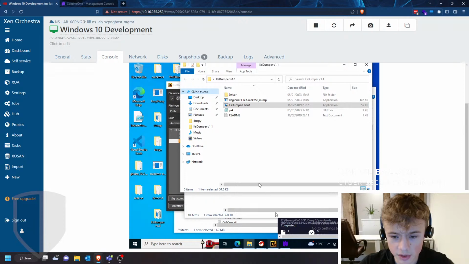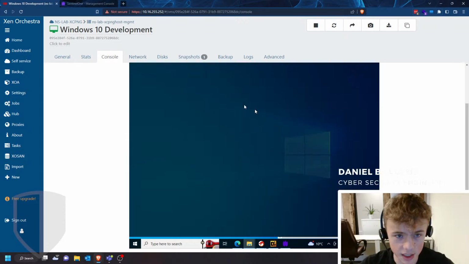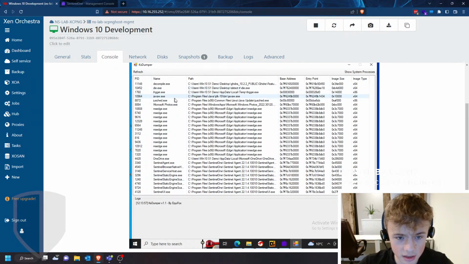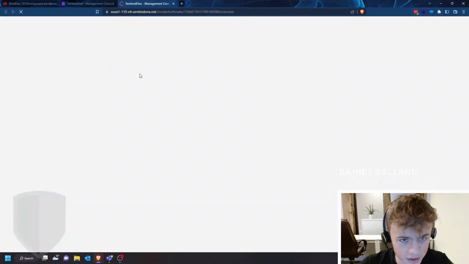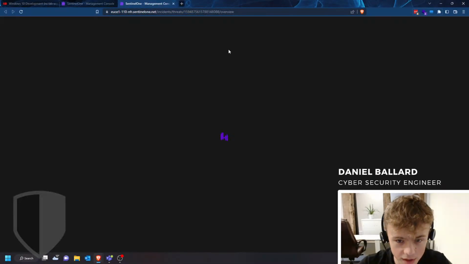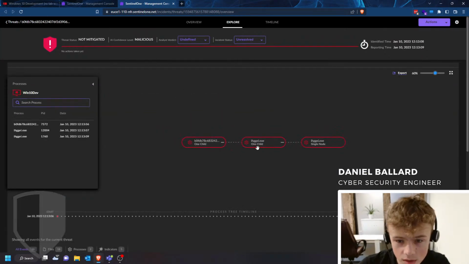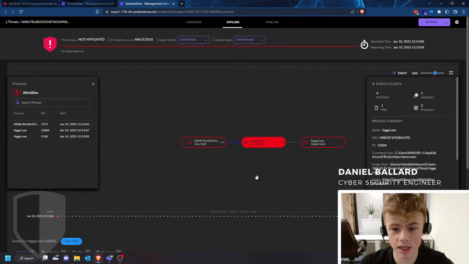But let's see if we can use the KS Dumper Client to dump the exe file, and then we can use some static analysis on that exe. I'm not too sure if this will work. Let's see what processes it's created, because I know it's currently running in the background. So this ihggei.exe,